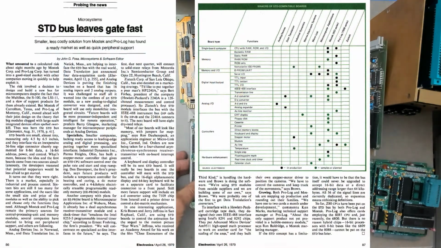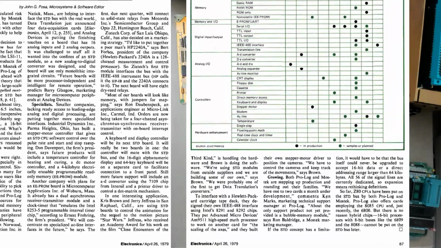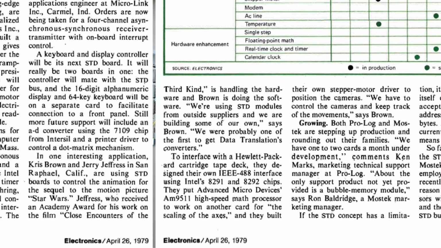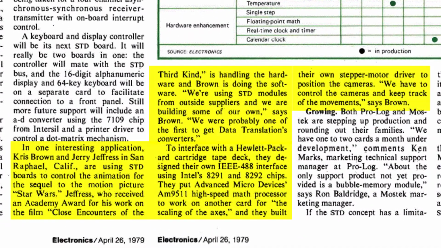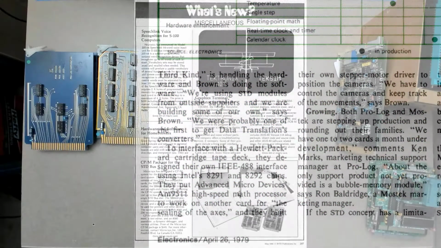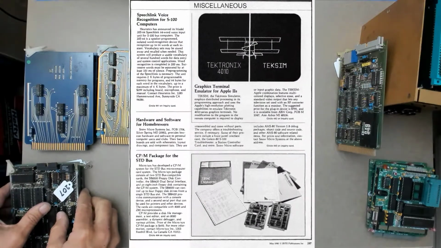As an interesting tidbit, STD bus got a big boost in the April '79 issue of Electronics magazine, where animators Chris Brown and Jeffrey Jeffries said that rather than using the handmade, wire-wrapped, TTL logic-driven system they used for camera control in the Star Wars animation, they were going to switch and use STD bus to control the camera motion for the animation of the as yet unnamed sequel to Star Wars. So that alone, I think, probably raised awareness of STD bus to people that hadn't heard of it.